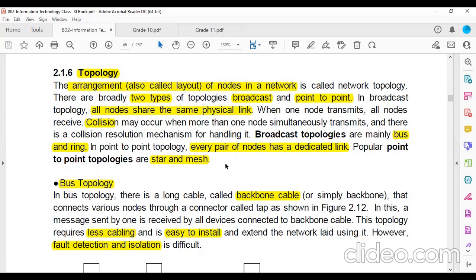Broadcast means all nodes share the same physical link, right? All nodes are sharing a common link. There's one common link which is being shared by all different nodes, तो वो आपका ब्रॉडकास्ट हो गया, ठीक है। इसमें मतलब एक कॉमन केबल होगी, एक कॉमन सेटअप होगा जिससे सारे के सारे कनेक्टेड। और जो पॉइंट टू पॉइंट है उसमें हर नोड जो है किसी दूसरे नोड से डायरेक्टली कनेक्टेड होता है, उसमें कहीं कॉमन केबल नहीं आता, राइट। तो ब्रॉडकास्ट में आती है बस टोपोलॉजी और रिंग टोपोलॉजी, दो कैटेगरीज आती हैं। और पॉइंट टू पॉइंट में स्टार